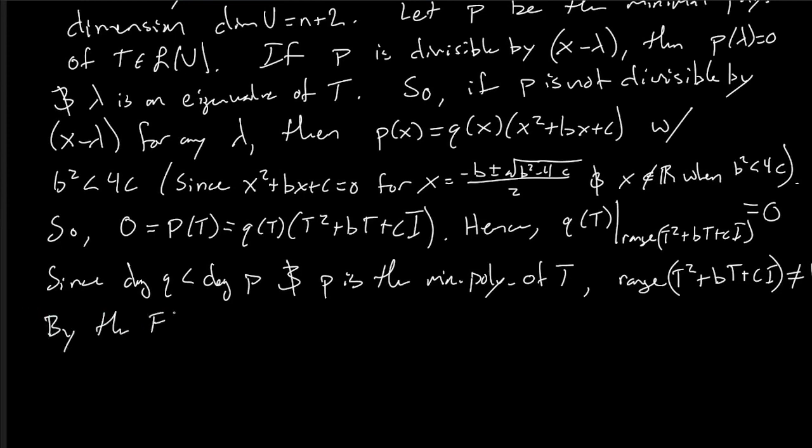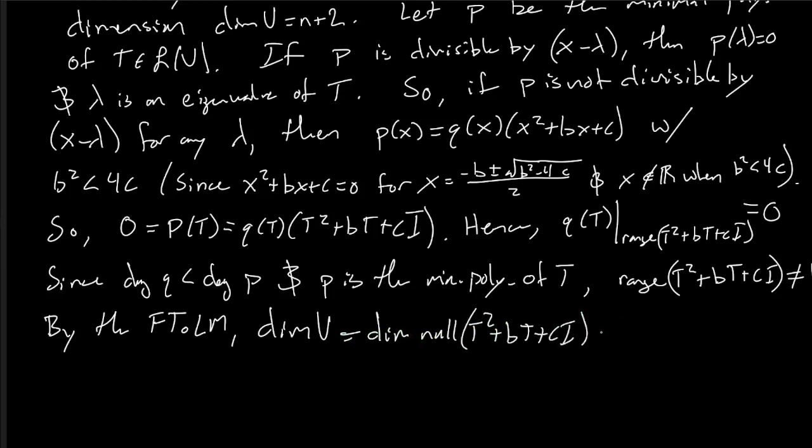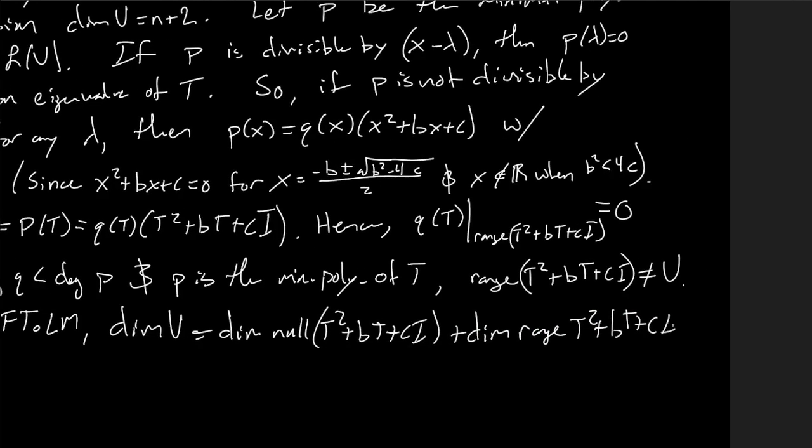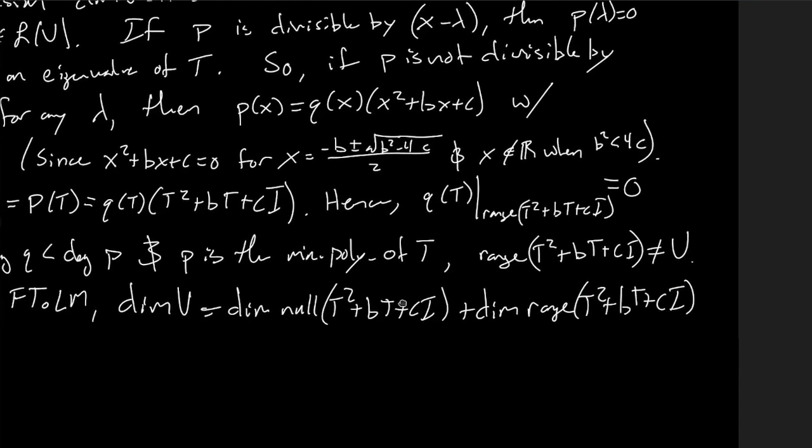By the fundamental theorem of linear maps, the dimension of v is equal to the dimension of the null space of t squared plus bt plus ci plus the dimension of the range of t squared plus bt plus ci. Oh, so much writing here. Okay, now we know